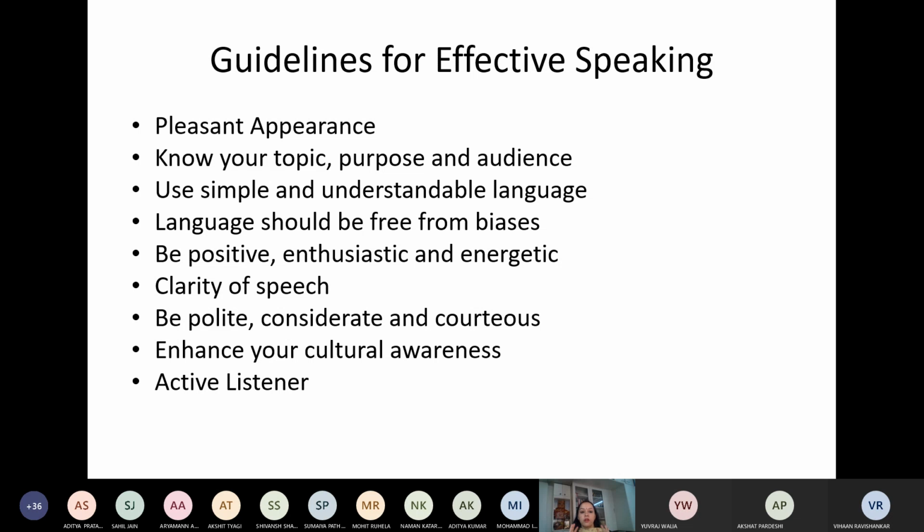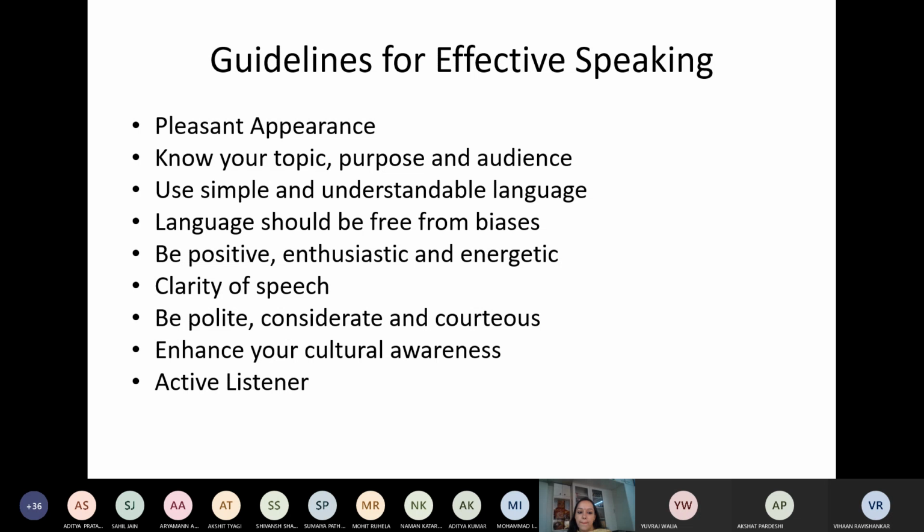So coming to the presentation skills, we talk about the 4 P's of presentation: planning, preparation, practice, and performance. So knowing your topic, purpose, and audience are the planning part of your presentation. Like they say, if you fail to plan, you plan to fail. And this is so very true. Knowing the purpose of your presentation. What do we understand by purpose? What is the purpose of a presentation?